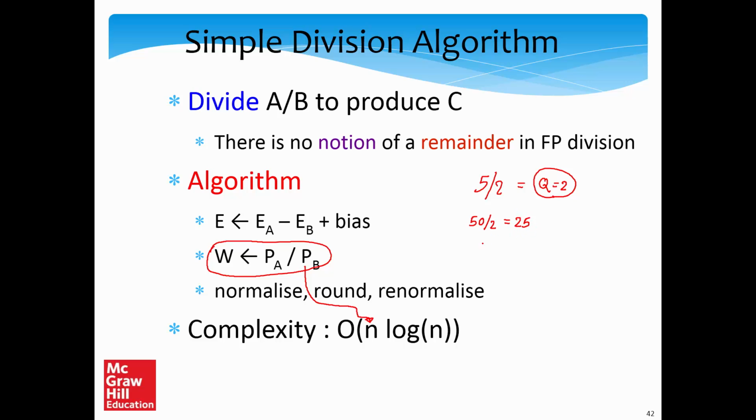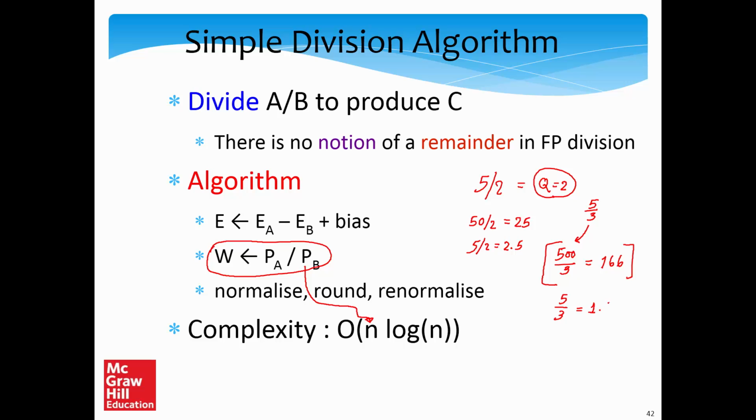So if 50 by 2 is 25, I'll say that 5 by 2 is 2.5. And if I want more precision, so I want to divide 5 by 3, what I can instead do, if I need more precision in the output, is first compute what is 500 by 3. So 500 by 3 in regular integer division is 166. So I'll say that since 500 by 3 is 166,